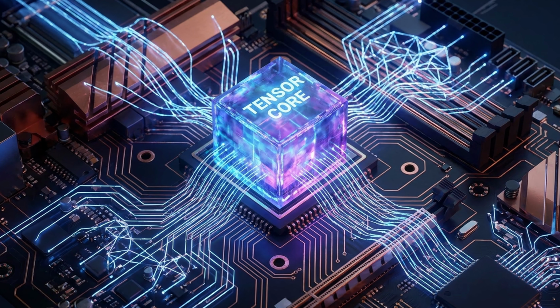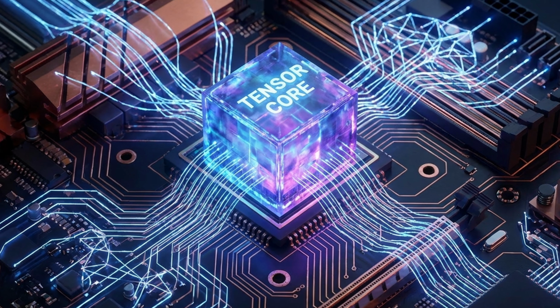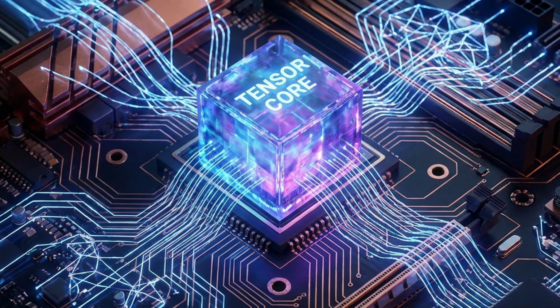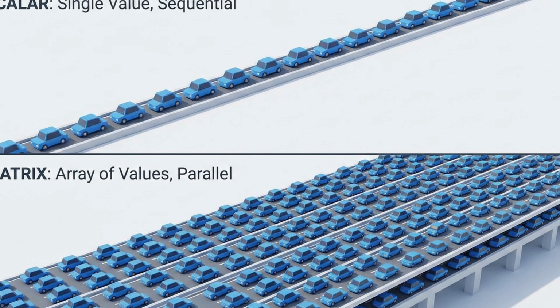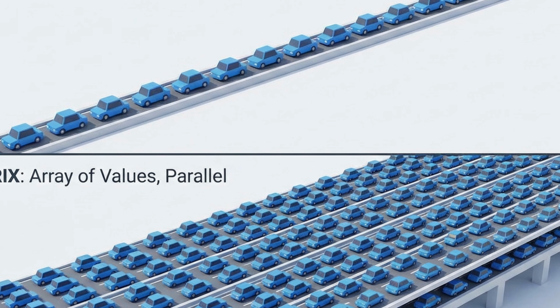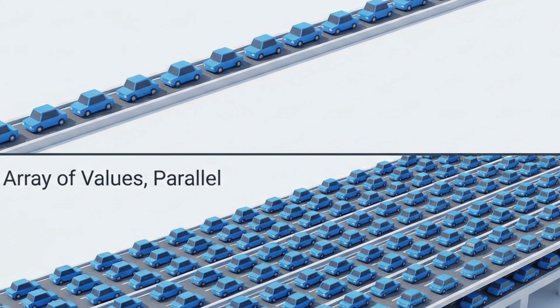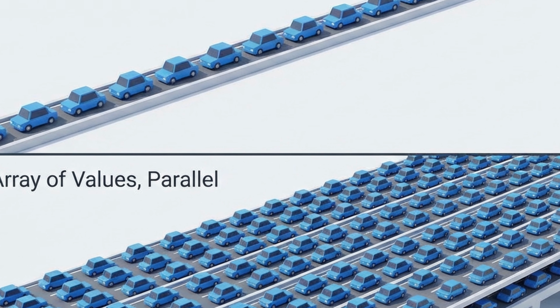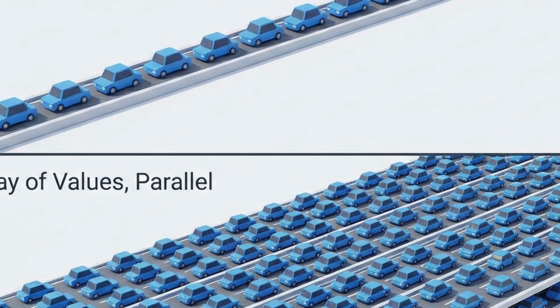Simultaneously, the Turing architecture introduced tensor cores to address the unique and massive mathematical demands of deep learning. While traditional processing cores are highly versatile scalar processors that execute serially, one operation at a time per core, and are heavily optimized for standard 32-bit or 64-bit floating point math, tensor cores are explicitly engineered for one thing: massive